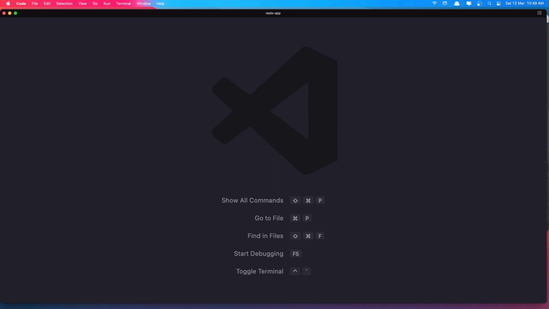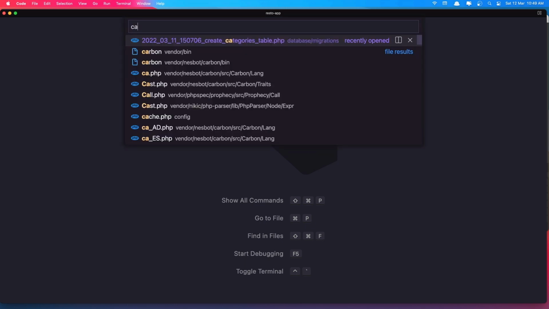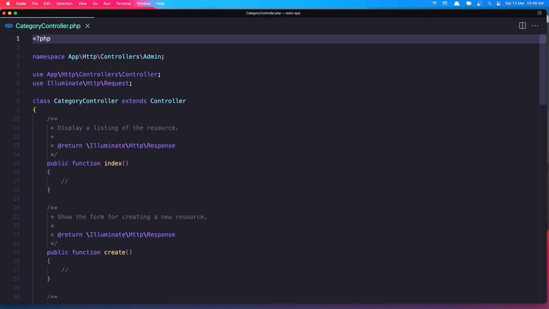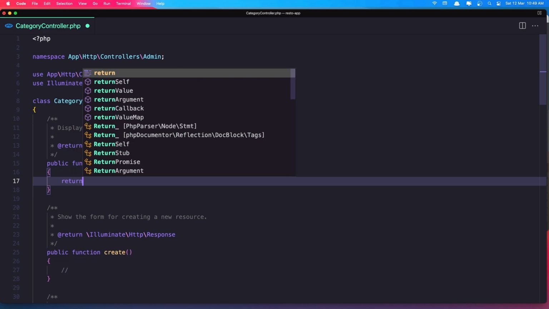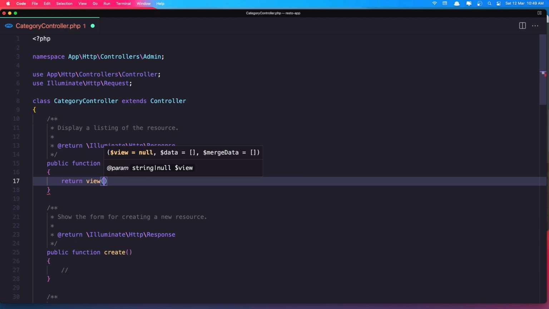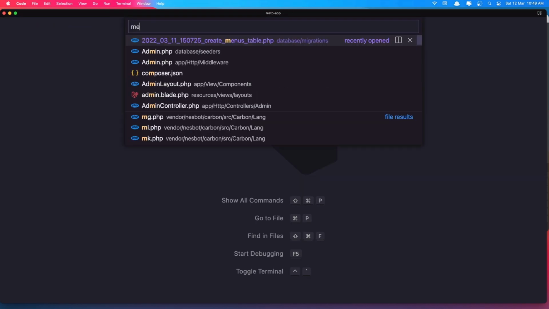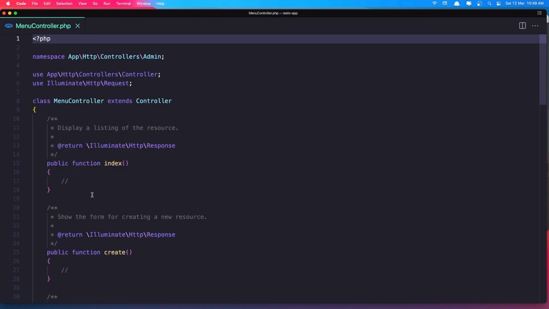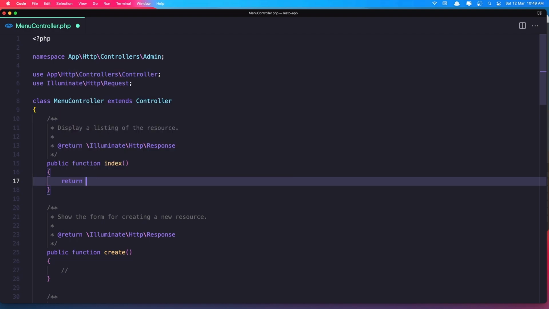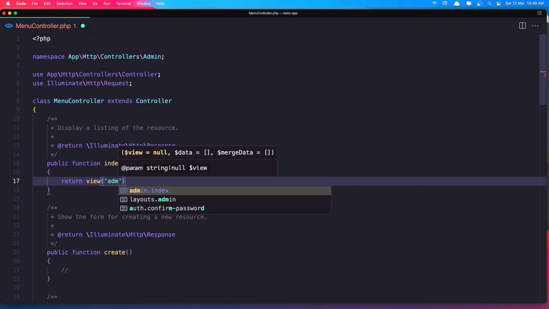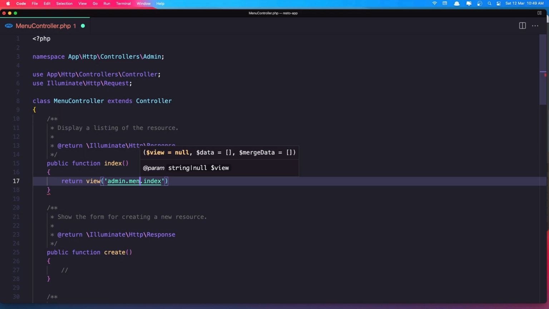And we need to open the controllers one by one. So let's open first the CategoryController, and in the index method we need to return the view. We don't have that, but we are going to create admin dot categories dot index. Okay, let's save this and open also the MenuController and do the same thing in the index. Return the view admin dot menus